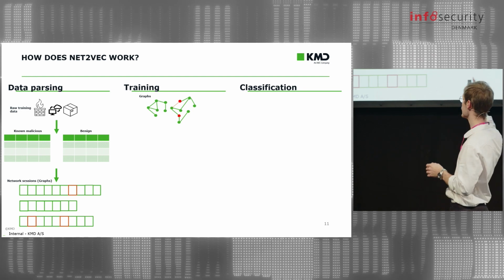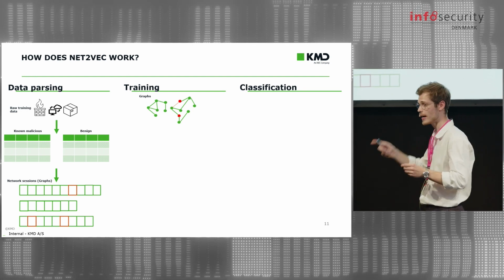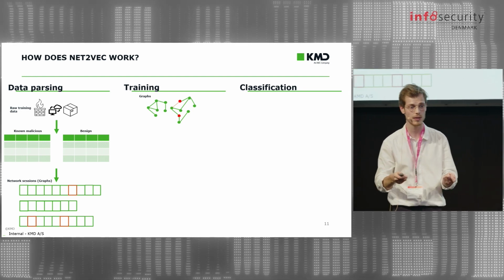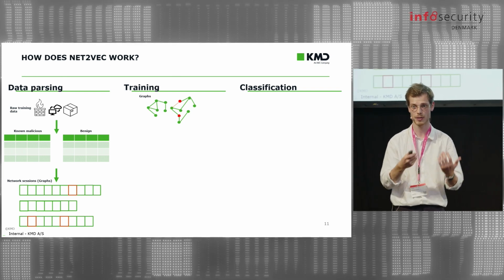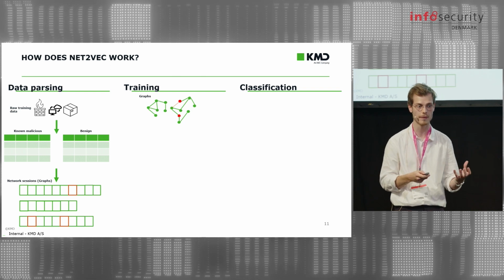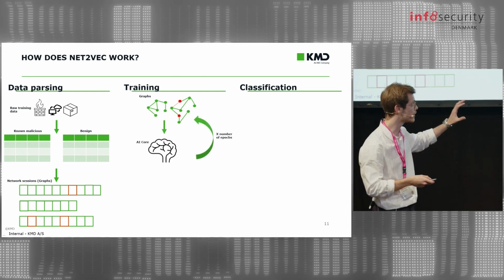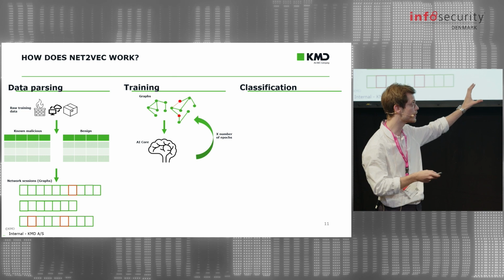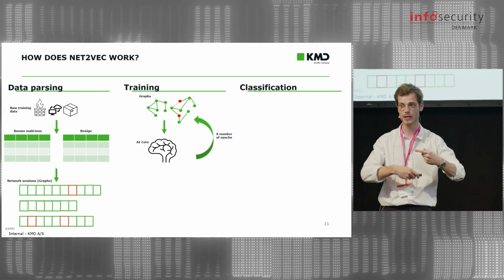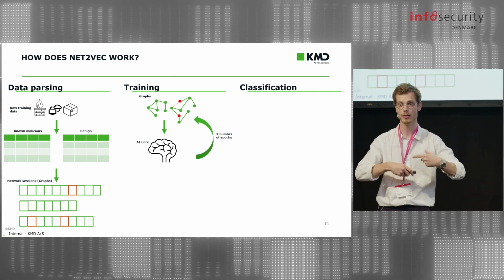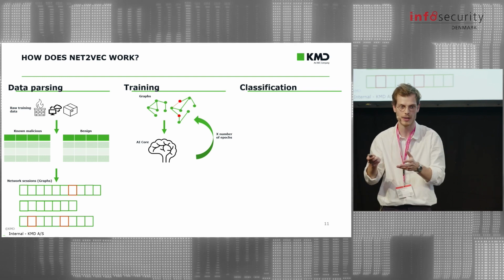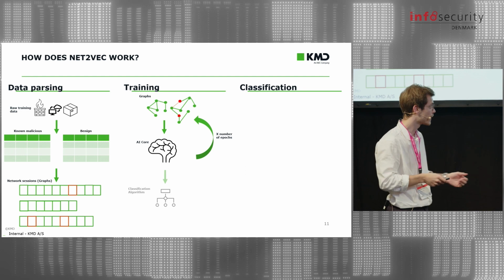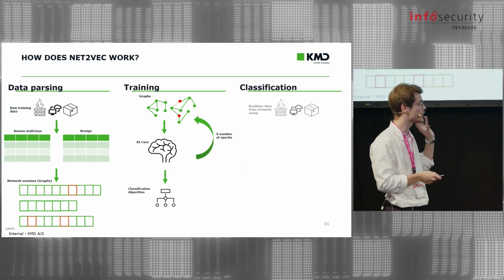So when we start the training, we have graphs with some of them containing malicious activities, some of them without, but they're all related through all these entities. It's all represented in the graph format. And this is fed to the AI core of netværk, which, over a number of epochs, traverses the data and learns to increasingly precisely determine what is benign and what is not benign. So we have the classification algorithm.